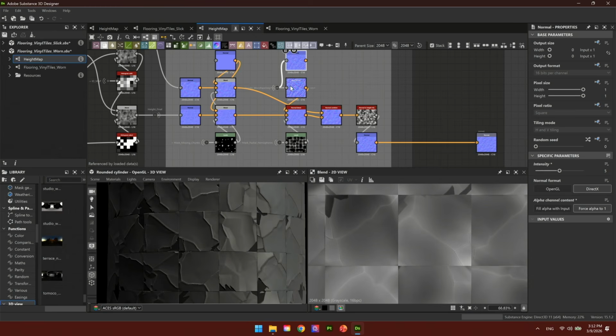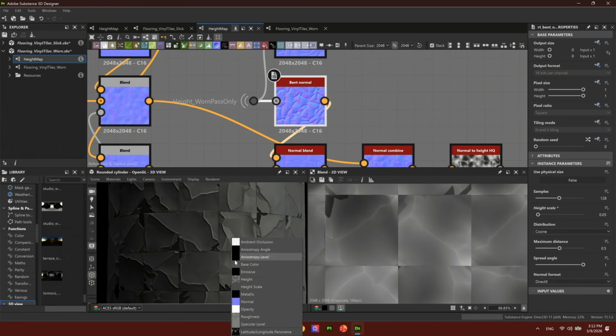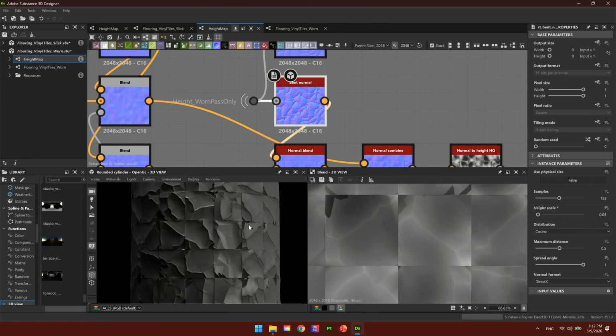What I did is that I used that little guy, which is a bent normal. The bent normal has naturally more amplitude because it has ambient occlusion info inside the normal, and it's not as physically accurate as having a perfect AO map to normal, etc. But for me, what was very interesting is that in one node,